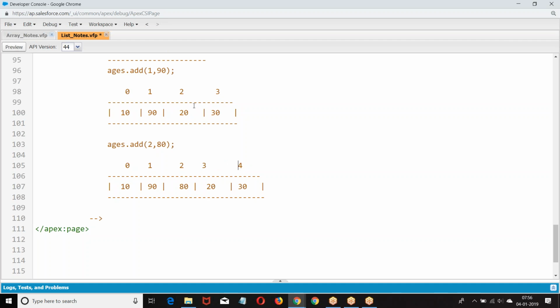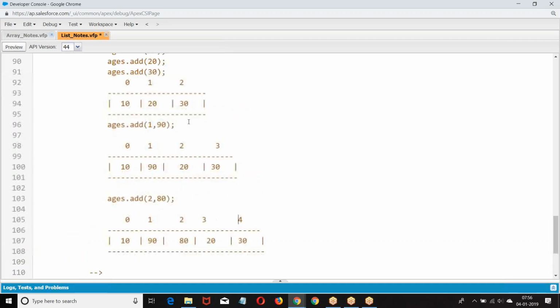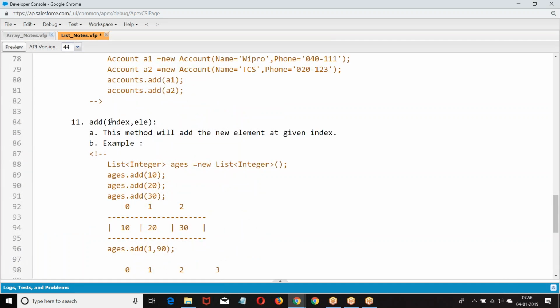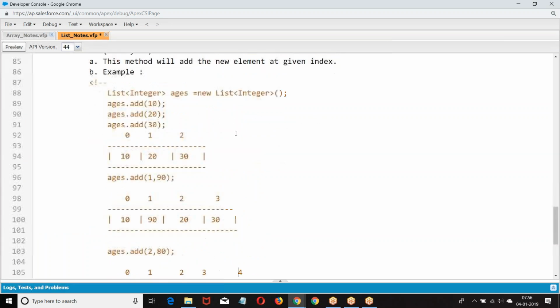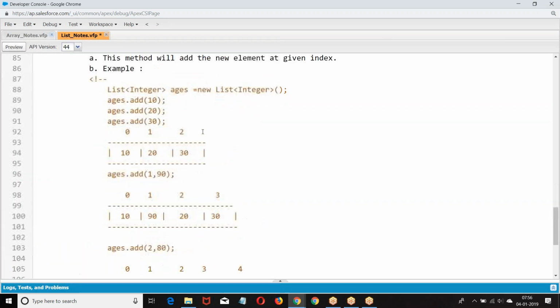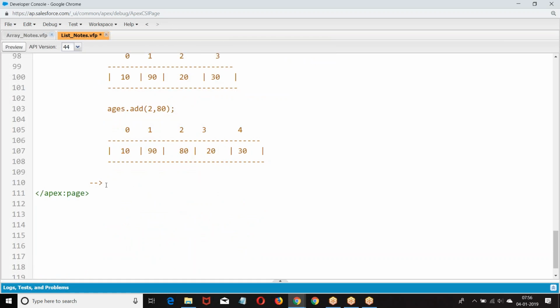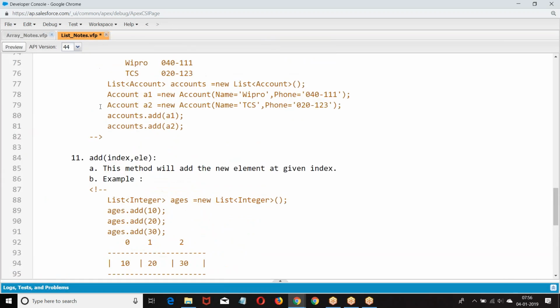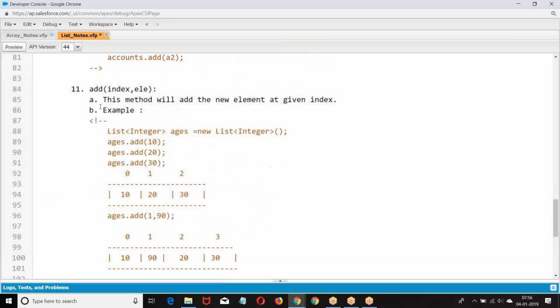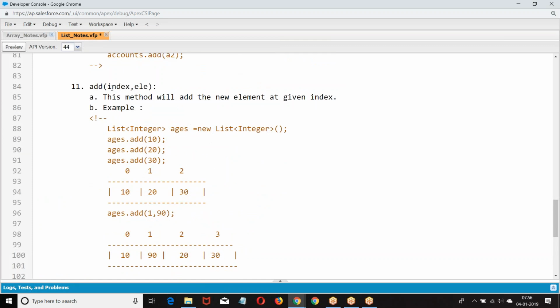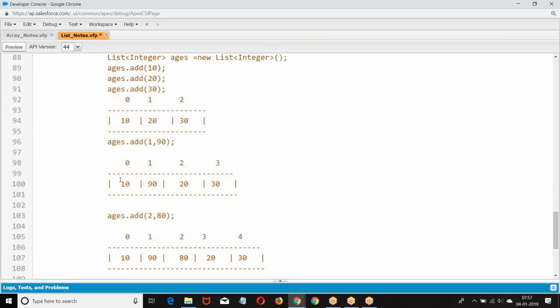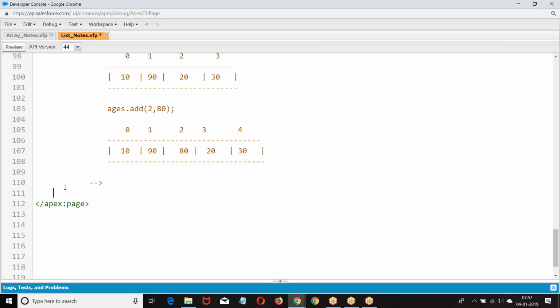When you add, elements will be moved to the right side. Right, boss? Add the element at a given index. Add index comma element. We are going to add the element at the given index. Right, boss? Clear? Okay. Generally, when you say add, it is going to be added at the last position. But when I want to add at a particular position, index comma element, then we are going to use the next one,